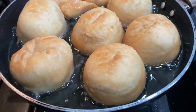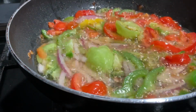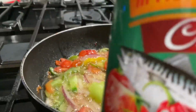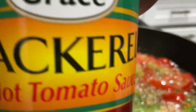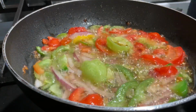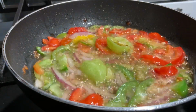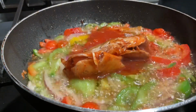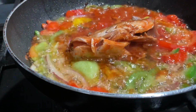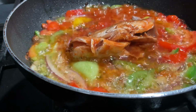In today's video, I'll be making a quick Jamaican style breakfast. I felt this morning for some tin mackerel. Big up yourself in hot sauce. So I gathered all my seasonings, bell pepper, onions, a little garlic, some pepper, and I added my already prepared tin mackerel in a little olive oil,